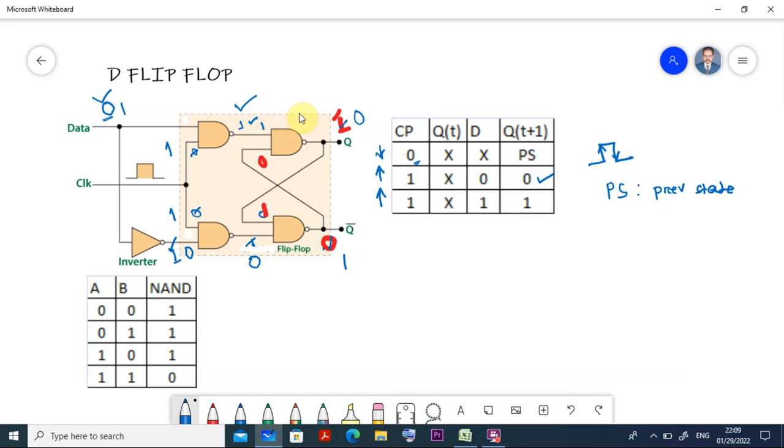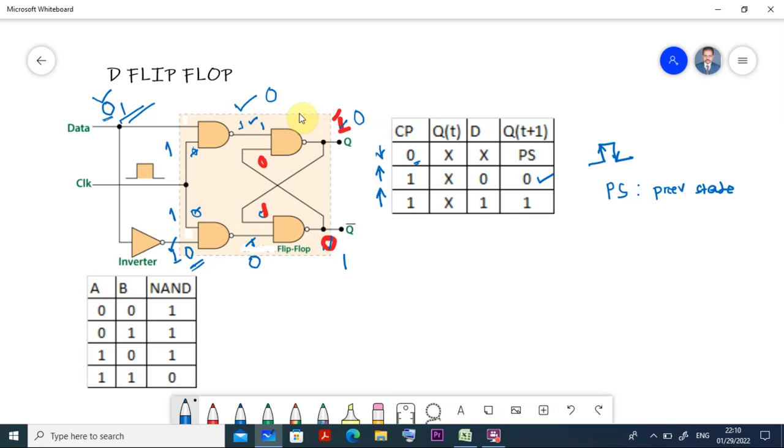Then in the second case, what do I do? Suppose the clock pulse is equal to 1. So it is 1, it's okay, because the first case was 0, now the second case. Then I am telling, suppose d is equal to 1. If d is equal to 1, I am talking about this one. When d is equal to 1, here it becomes 0. Are you following me? When it is 1 and clock pulse is 1, it is 1 and it becomes 0 now here.